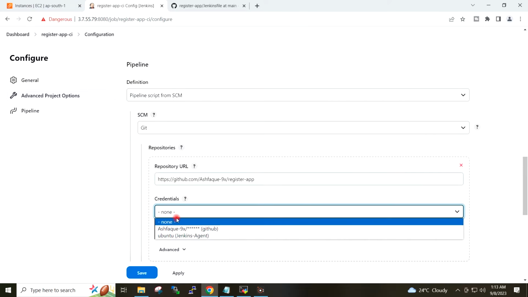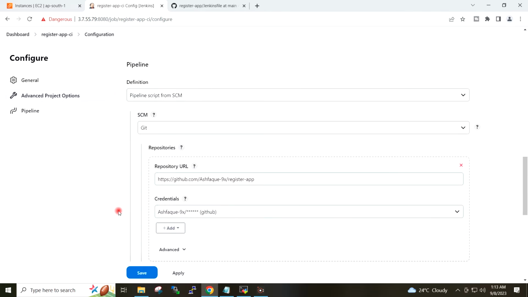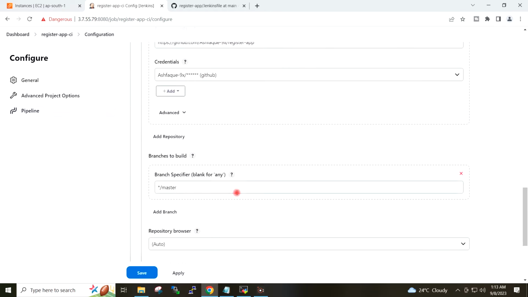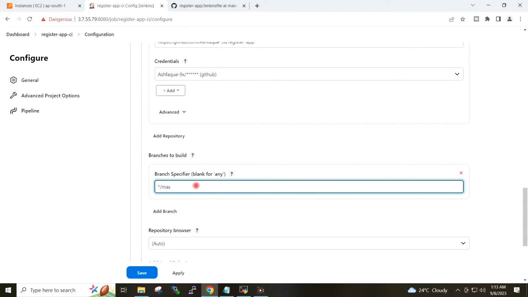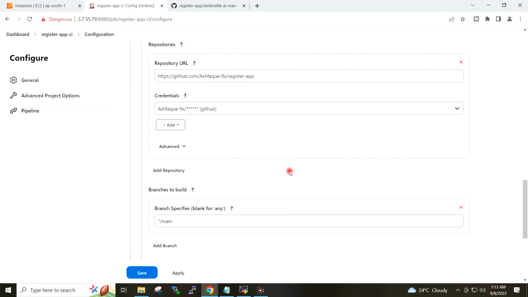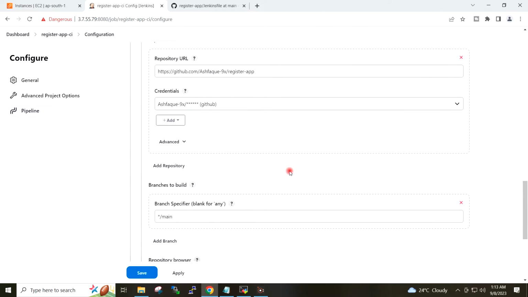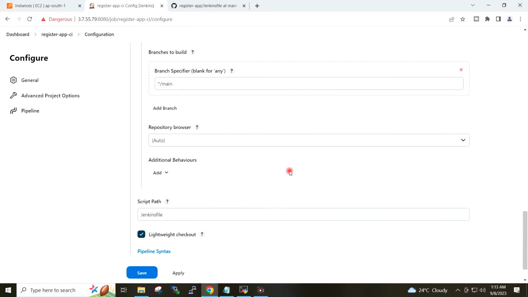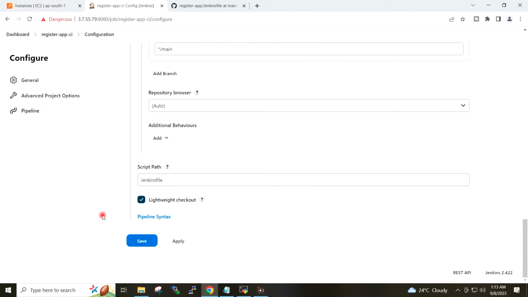Credentials, I will select the GitHub credentials, branch main, script path Jenkinsfile, apply and save.